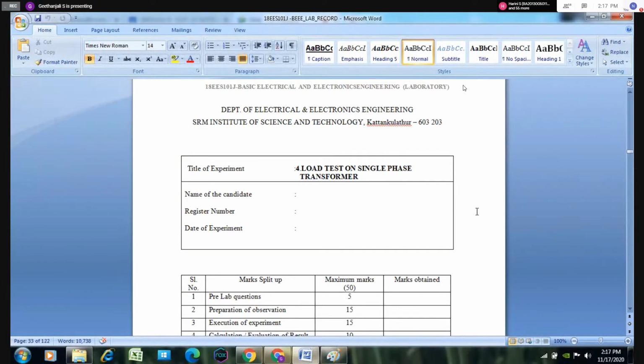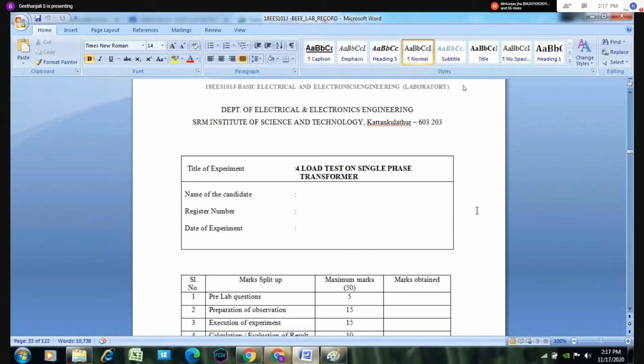If you see the DC generator, DC motor, alternator, single phase induction motor, 3-phase induction motor, there will be rotating parts. Here there is no rotating part. So the transformer efficiency will be above 75%. Since there is no rotating part, the losses will be less when compared with other electrical apparatus like DC generator, DC motor, 3-phase induction motor.